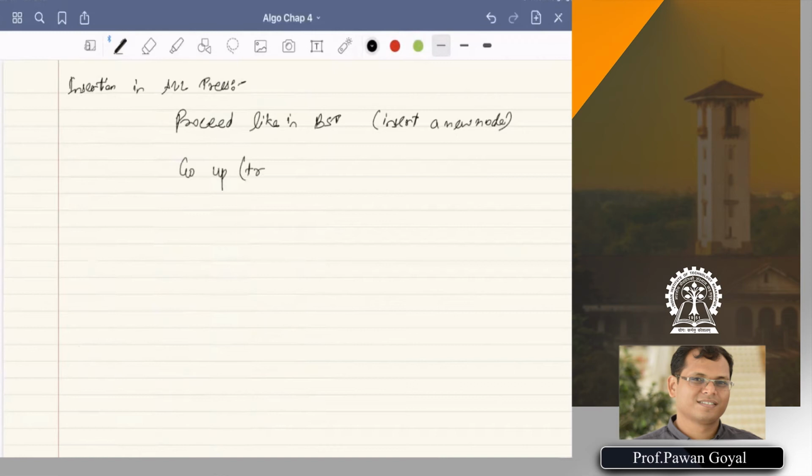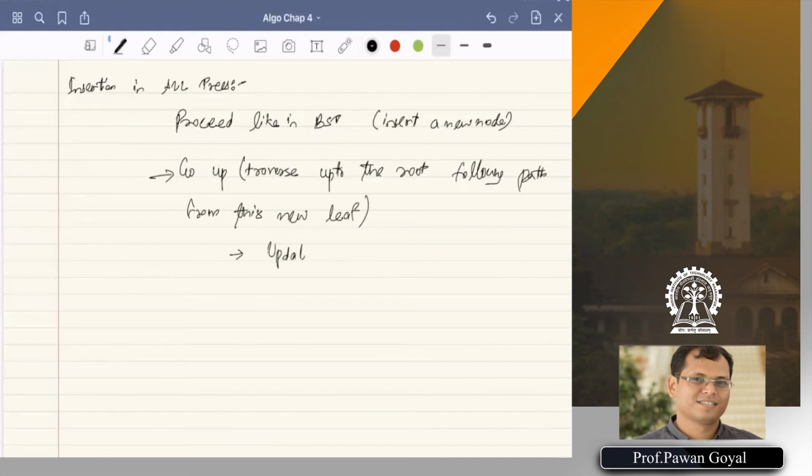So traverse up to the root following this path from this new leaf. We know in the case of binary trees, there is a single, unique path. So we traverse this path, and while you're traversing this path, you update the balance factors.